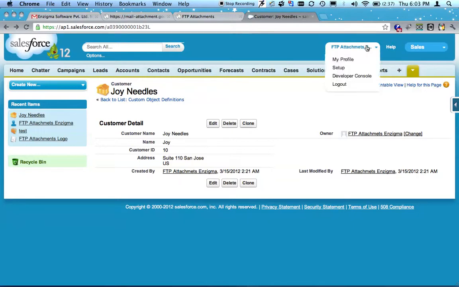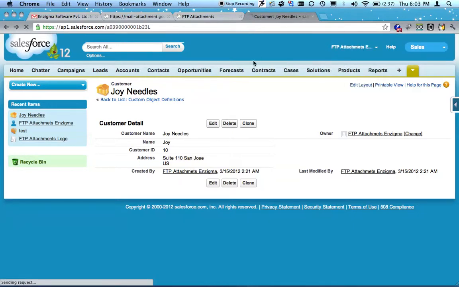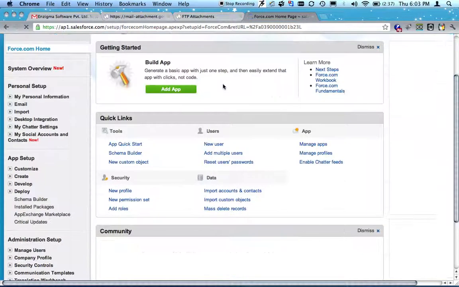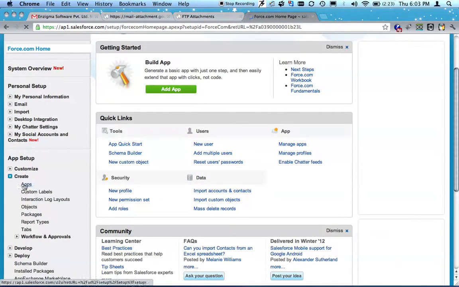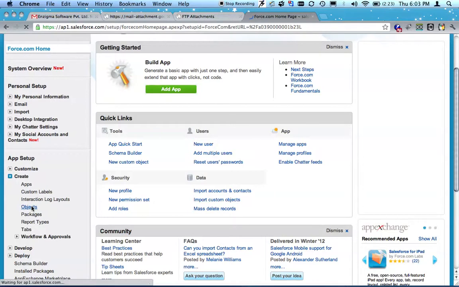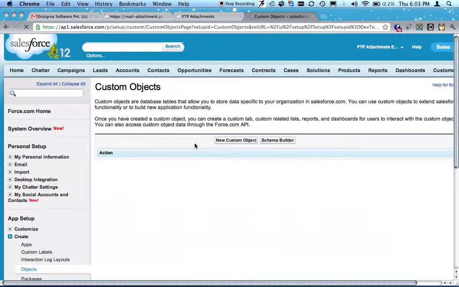For this, navigate to Setup. Open FTP Attachments custom object.